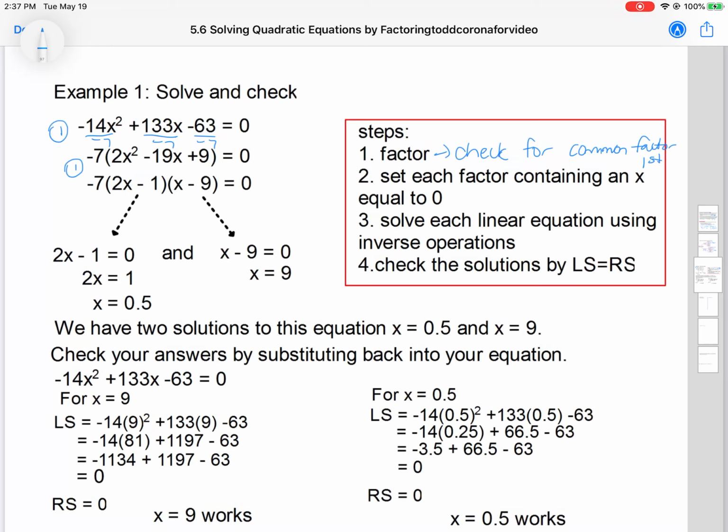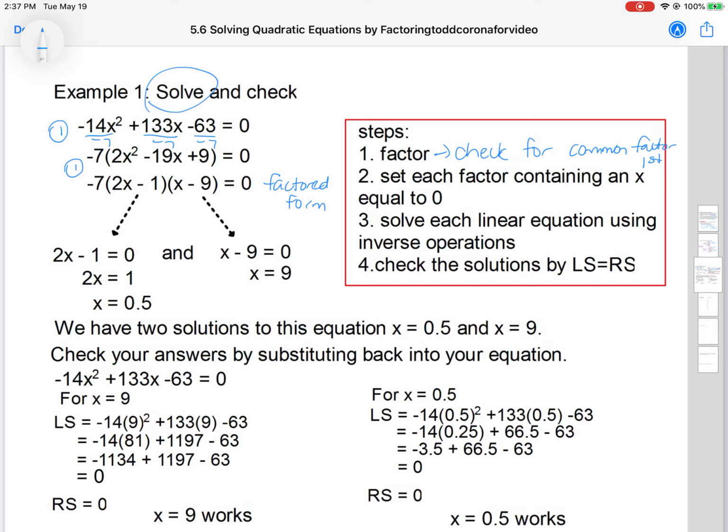So they've done decomposition or magic X or check, guess and check, and they found that the two binomials in the factored form are 2x minus 1 and x minus 9. So now once you have the factored form,